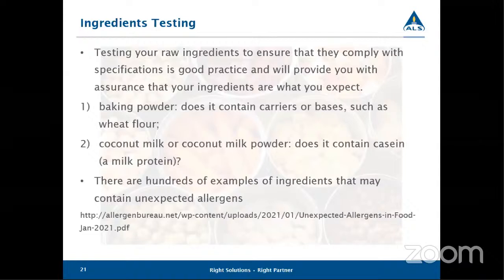So one other item. So with ingredients testing, some raw ingredients can also cause interferences with the accuracy of the testing. And so in particular, those are products that contain polyphenols. And so examples of that, blueberries, onions, cabbage, blackberries. So if those are in your ingredient list that you may need to have tested, or in your final product, be sure to let your lab know so they can take